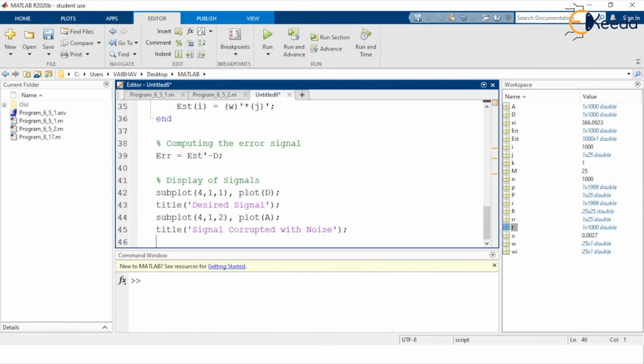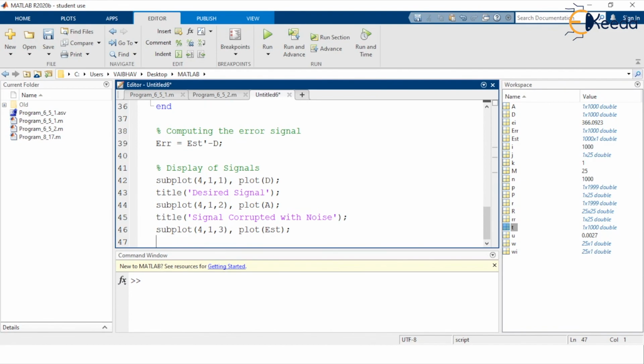So after displaying the two signals to be processed by the Wiener type of filtering, we assign the third cell, so it will be 4 comma 1 comma 3, the use of the plot command, and the input argument will be the estimation signal, so it will be EST, and the corresponding title, here we write estimated signal.